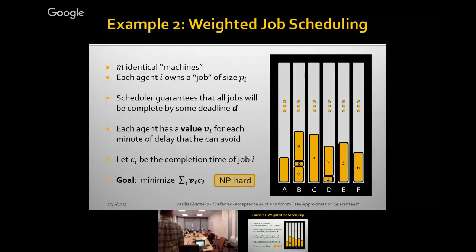And again, this is an NP-hard problem. Even if you knew everybody's values, if you wanted to minimize that objective, that's a hard problem. The machines are identical, but jobs have different processing times and different weights. So trying to solve this problem is NP-hard, even if you knew the information. Now we're asking, can we do it as a deferred acceptance auction? And the thing I want you to think about here is, what would this look like? Now you know the definition of a generalized deferred acceptance auction.